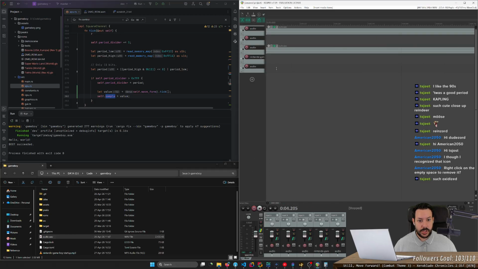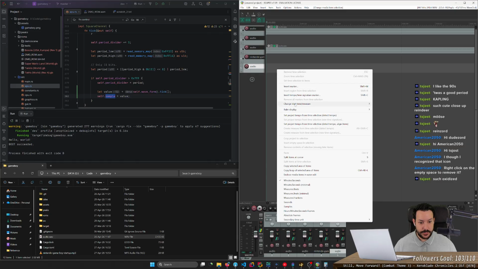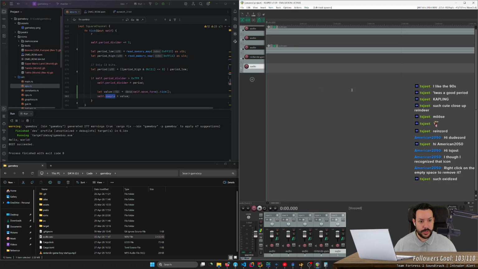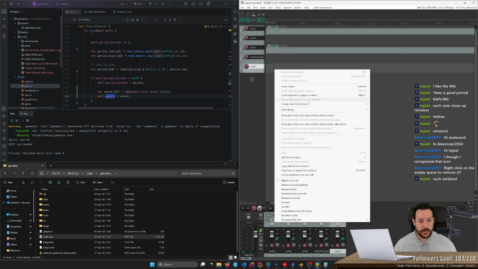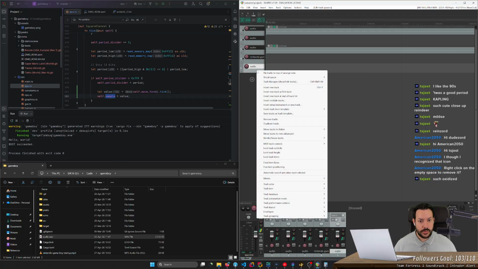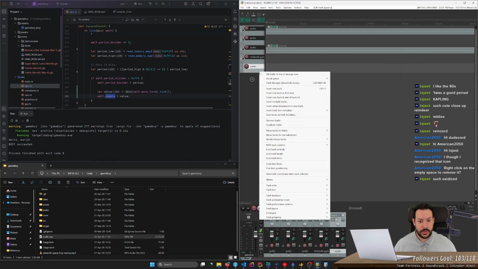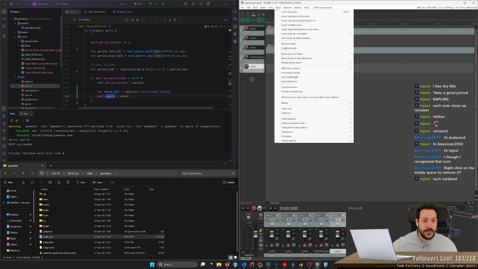How do I actually put it right at the start? Visual spacer, remove space before tracks. No. Move spacers. Oh my god. This is really not that easy to use.